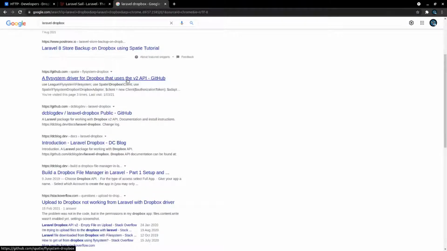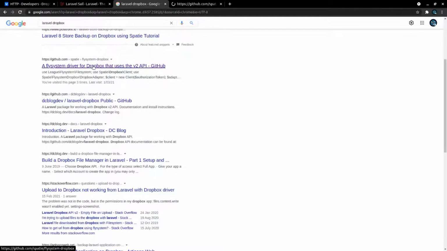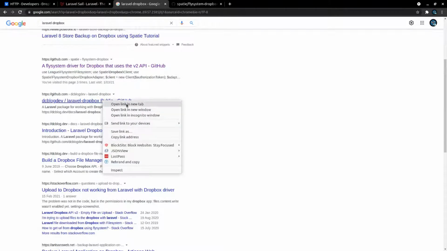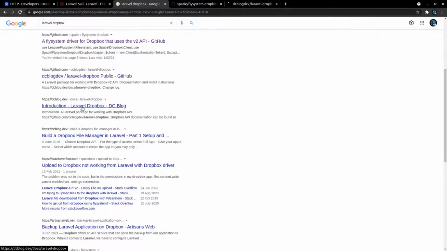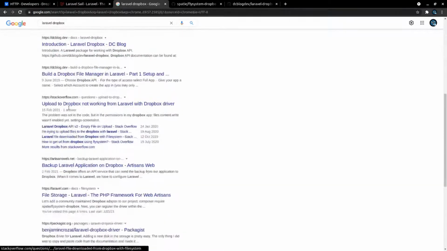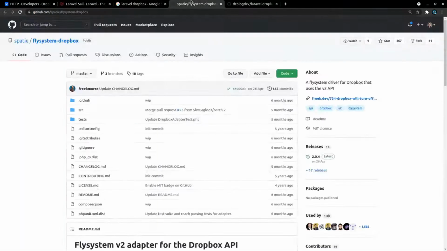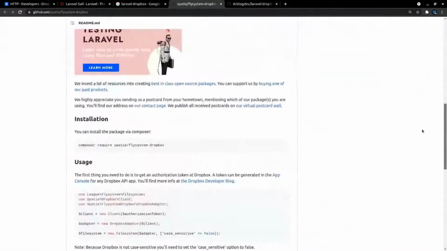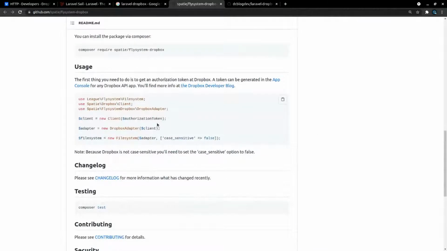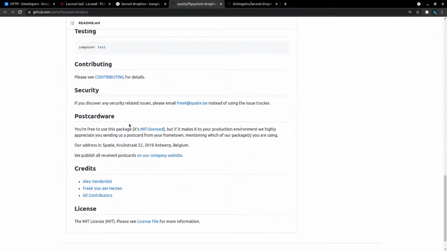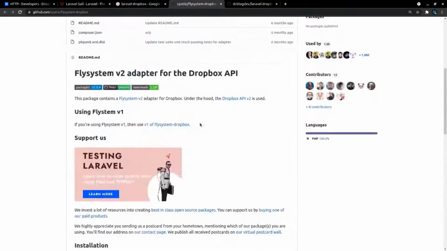For Dropbox, it uses. Yeah, so this might not be what I want because I want to go one step further than that and actually see what's happening inside of Dropbox. So maybe that one. Yeah, but I imagine most of these are just going to use Flysystem. Okay. Is there any other documentation on this?